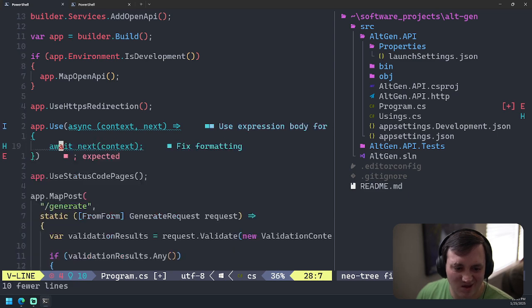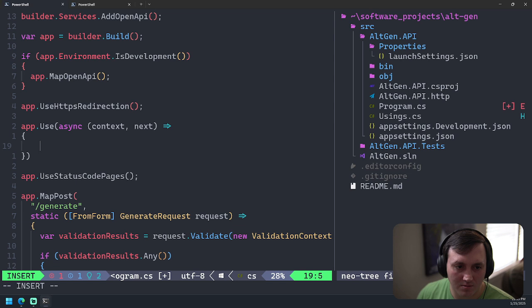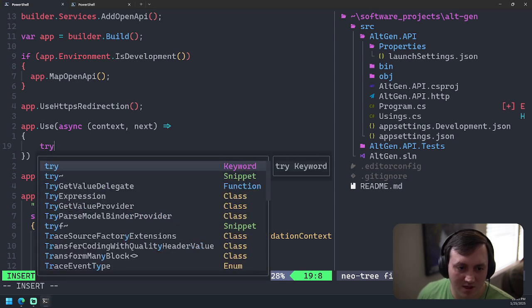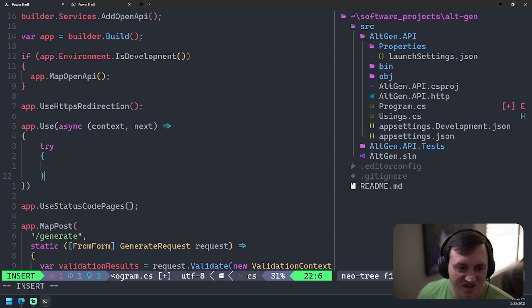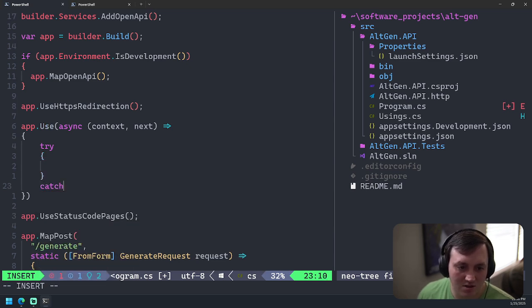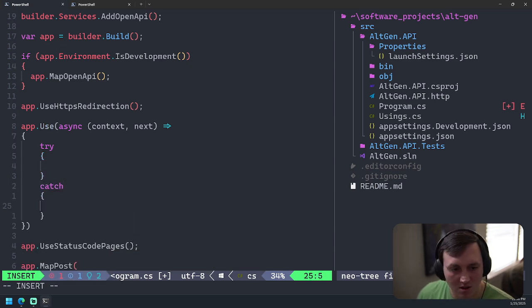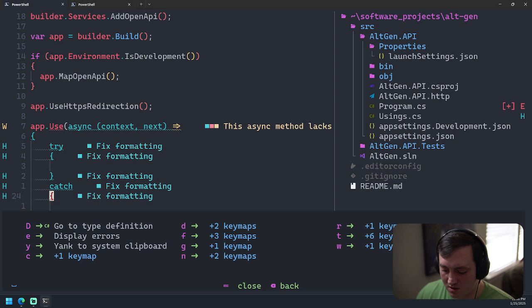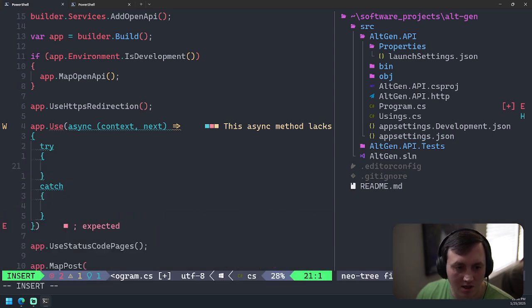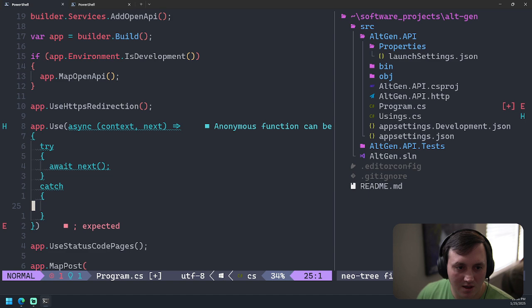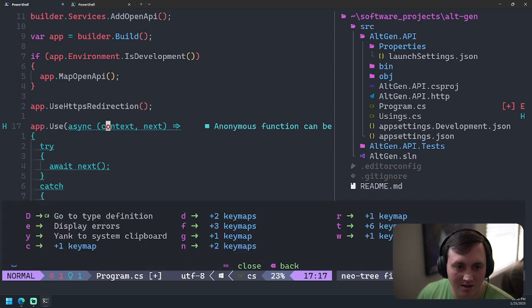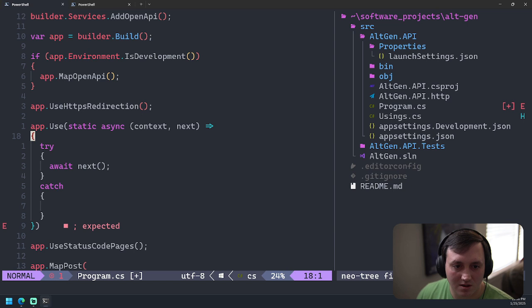Delete all this. And then what we want to actually do here is wrap everything in a try catch. And in here we want to say await next. And then it wants us to make this static, I think. Fine.